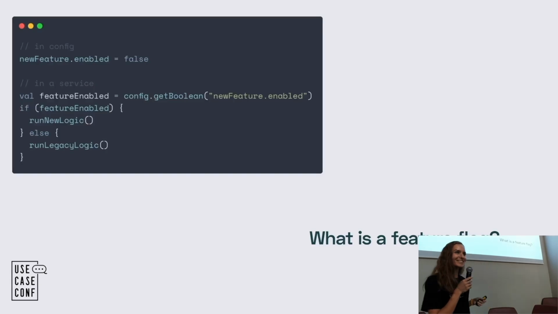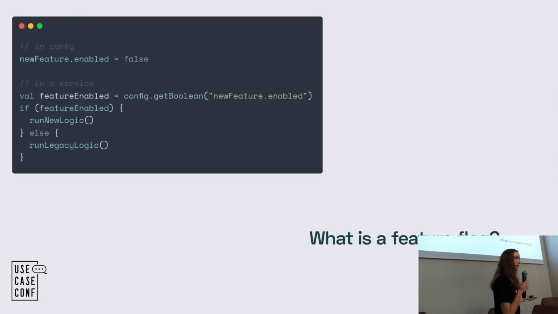Okay, some people, good. So just to recap, it's basically an if statement in your code that checks a condition, and then based on that condition, it decides whether to run the new code path or an old one. And you can also think of it as a runtime switch that lets you turn a feature on in production without having to do a redeployment. So it's very powerful. And of course, this super basic setup we had back then was still a lot faster and more precise than a full redeployment, but it wasn't perfect.